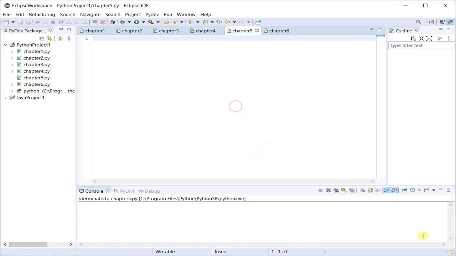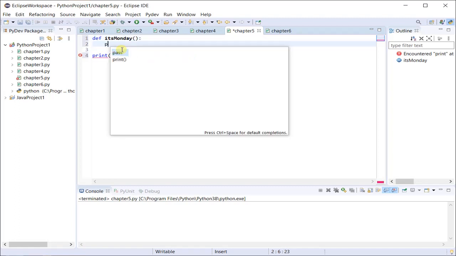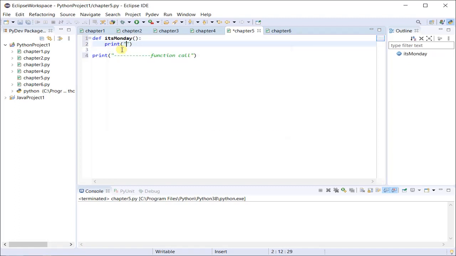So consider an example where I want to print what day it is. I specifically want to print it's Monday. Okay, so we will see how we do that using a function call. For that, let's define the function. The syntax for defining a function is def, and then what you want your function's name to be. It will depend on the task which that function performs. It's optional, it's your choice, whatever you name your function. So I have this function which will print today is Monday.